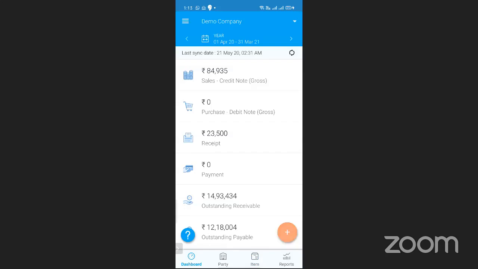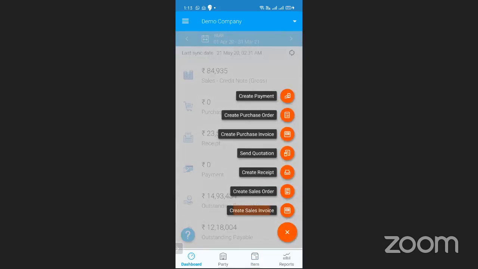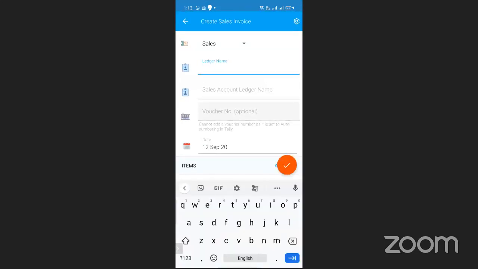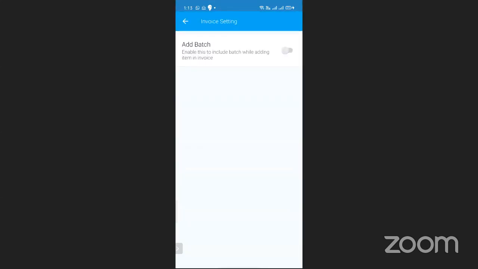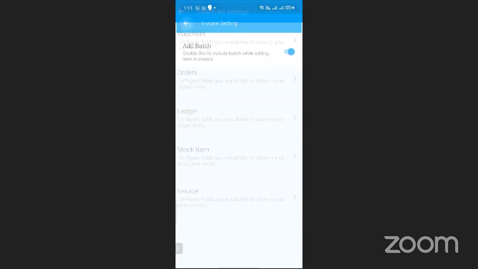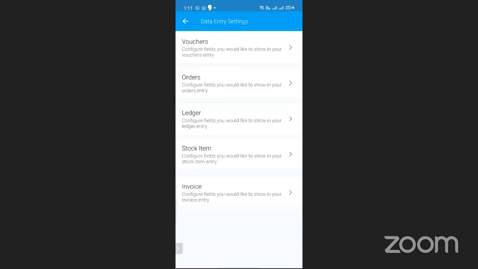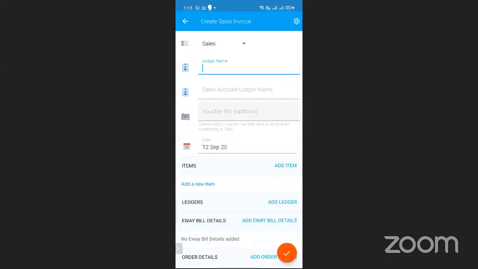I have to click on the plus button to create any sales invoice. You want to see the batch number, right? So I'll add batch. This setting should be on in the invoice. The batch add setting should be on.